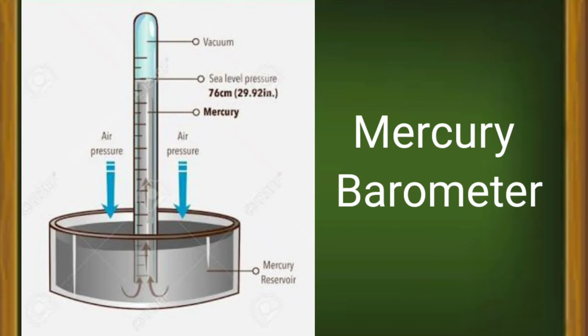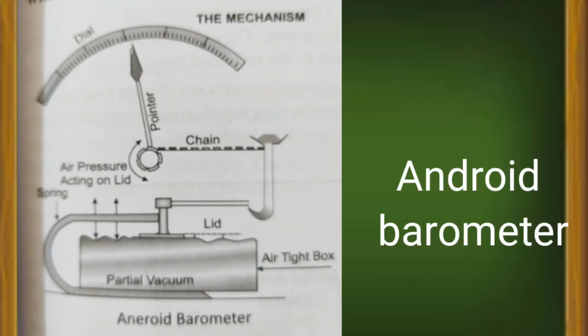This instrument is not used much because it is difficult to carry. On the other hand, the aneroid barometer, which is without any liquid, is widely used. It is a metal box which has a partial vacuum. The box expands in low pressure and gets compressed in higher pressure. The pointer which is connected to the box moves over a scale to indicate the atmospheric pressure. This barometer is also used in the barograph, which gives a continuous record of pressure change.